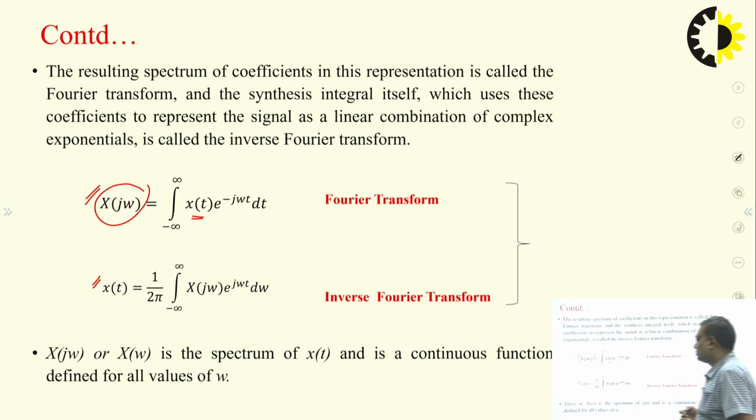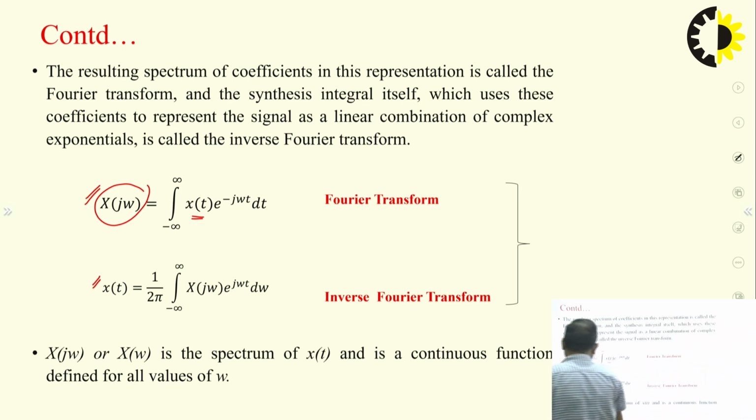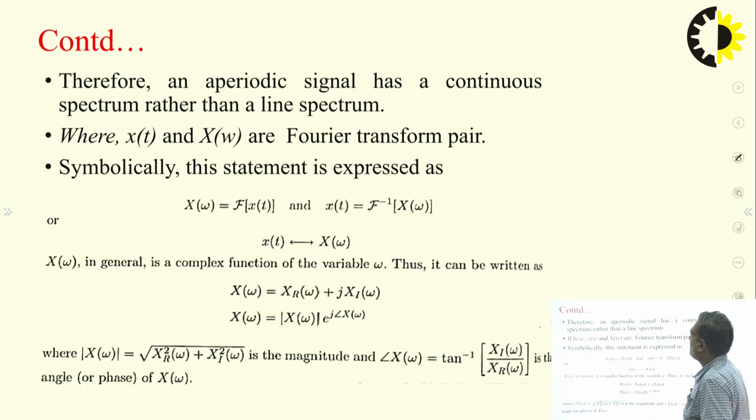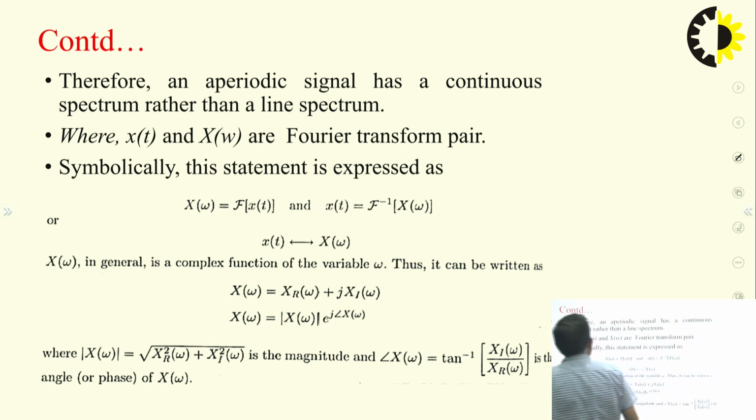So this X(jω), or X(ω), is nothing but the spectrum of x(t), and it is a continuous function defined for all values of omega. So you can see this is continuous with respect to omega. If you change omega from minus infinity to infinity, the spectrum will continue changing. Therefore, an aperiodic signal has a continuous spectrum rather than a line spectrum, which was the case in